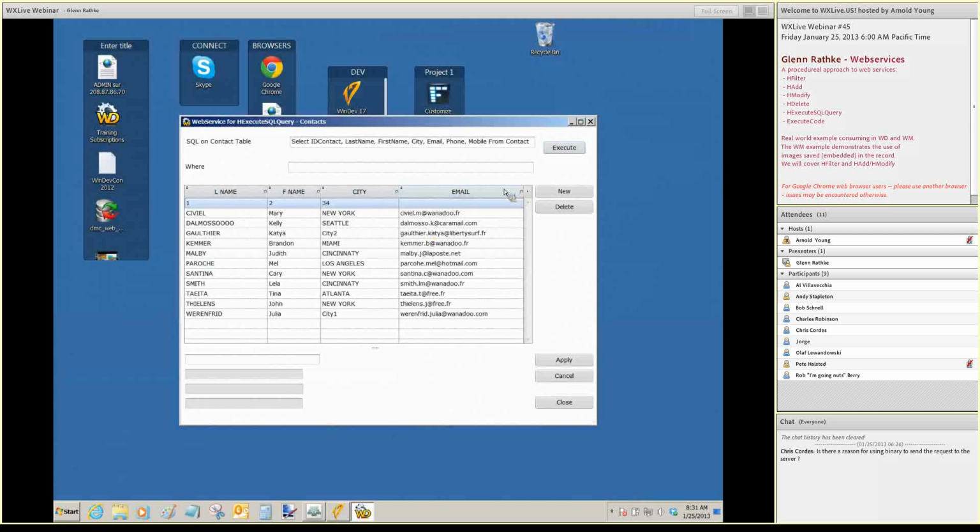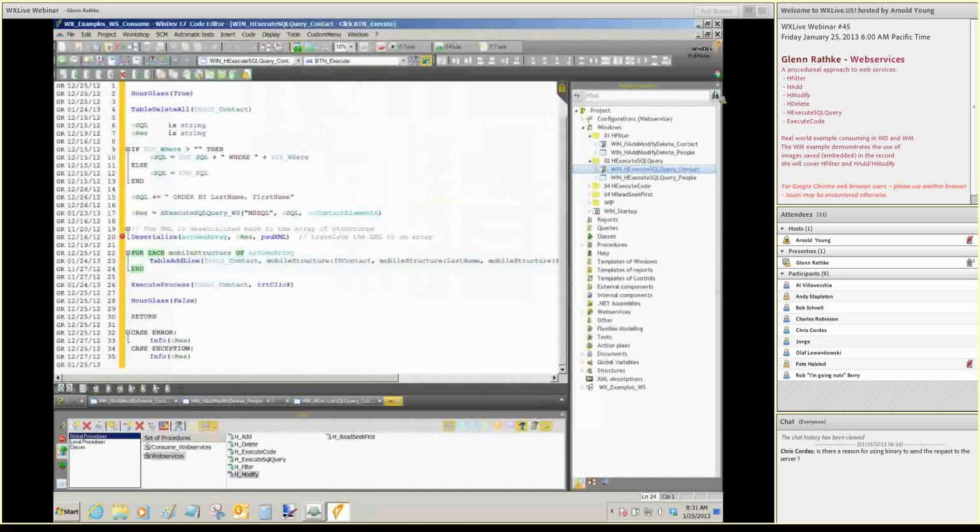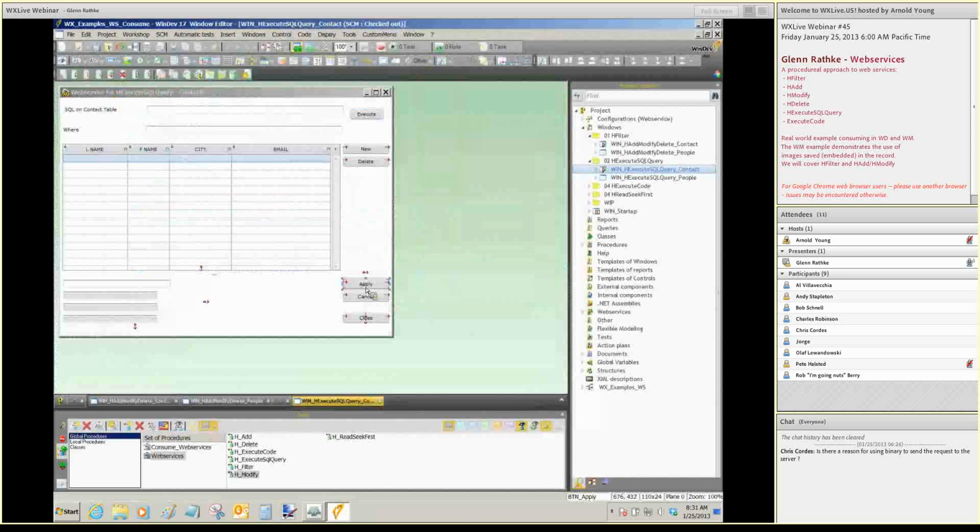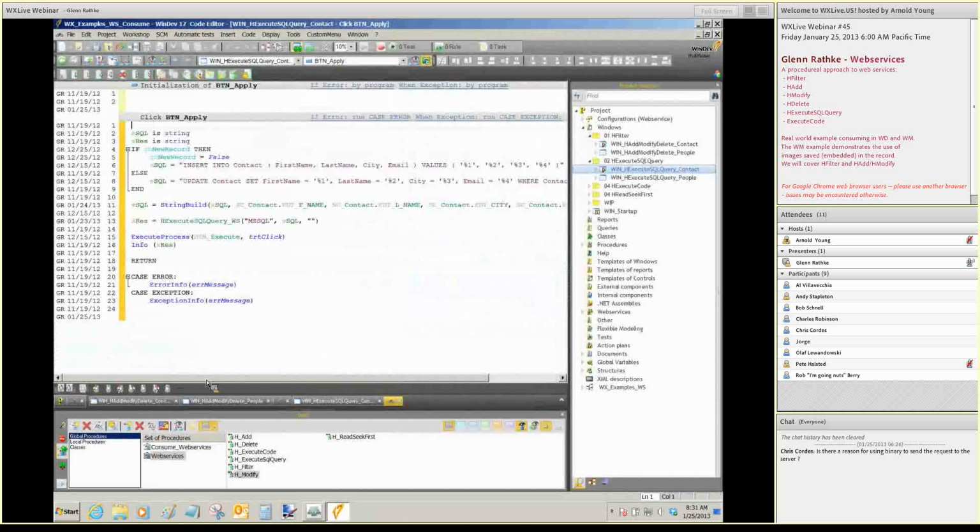And I can also do updates, deletes, adds, modify, and deletes. And so let's take a look at the code behind there. And so I'm using the same thing. I'm doing the HExecuteSQLQuery, but now it's all based in my SQL statement. So if it's an add, I'm just going to do an insert into. And if it's an update, I'm going to update context set, and that. So I'm passing that up to my server. Yes, I'm allowing the server to accept the insert and updates and all those things, but if we come to here,